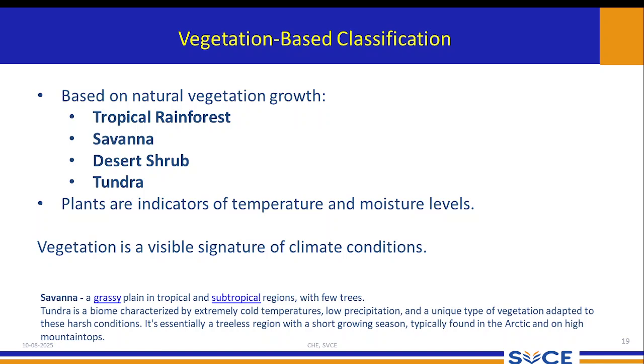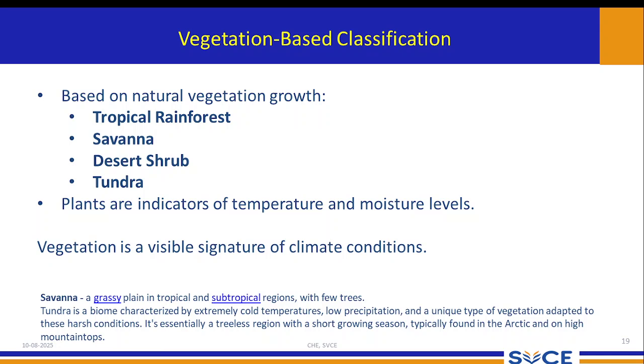Okay, and the shrubs which are growing will not grow in a normal region like a tropical region. They are typically found in the Arctic and high mountains. That region, that area, is called tundra. So natural vegetation: tropical rainforest, savanna. Now we are living in a tropical rainforest. Savanna means it's a grassy plant. Desert shrub, as I told you, desert.